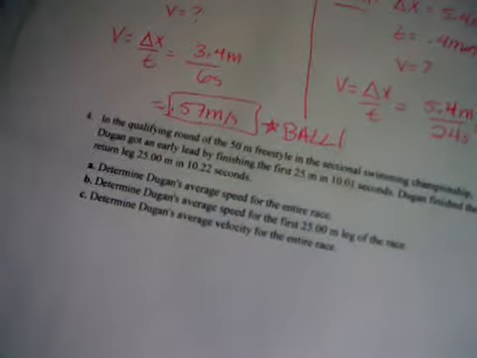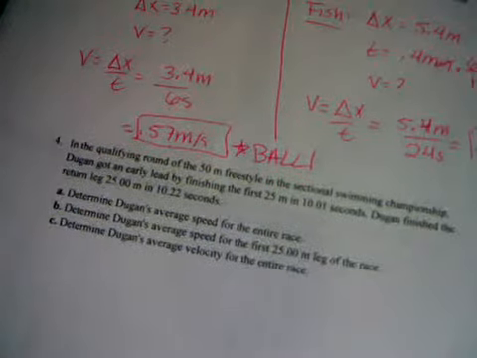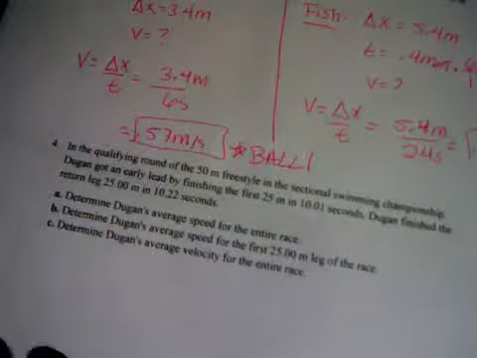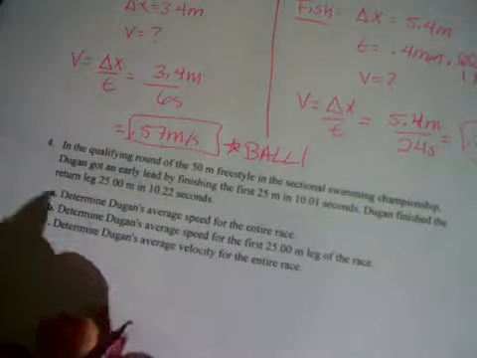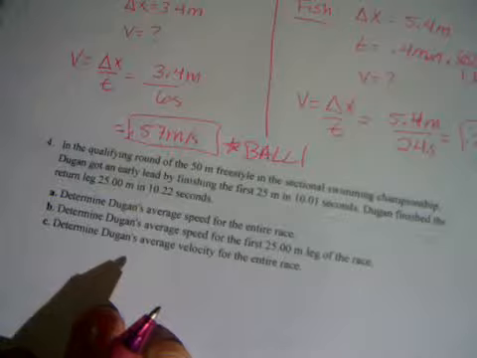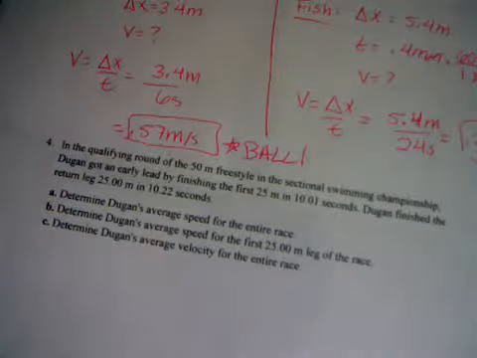Now I want you to try 4, 5, and 6 on your own. They get a little bit more difficult, but really it's asking the same things. So just make sure you're thinking about the problems and you're writing down what is given to you and what you're looking for, okay? Refer back to your notes for the difference between average speed and average velocity. If you ever do get unclear, always